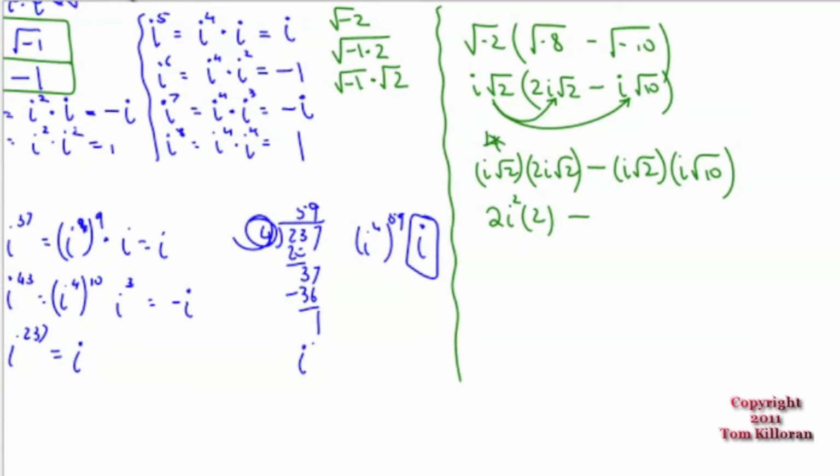Minus. Over here, i squared square root of 20. We're getting there. i squared, of course, is negative. So this is -4 minus a negative, which makes us a plus square root of 20. That's 2 times 2 times 5, so I can pull out a 2. So we get 2 square roots of